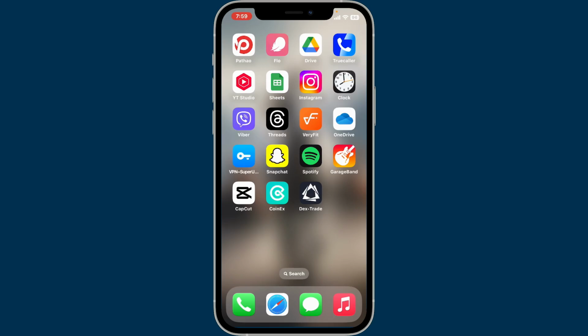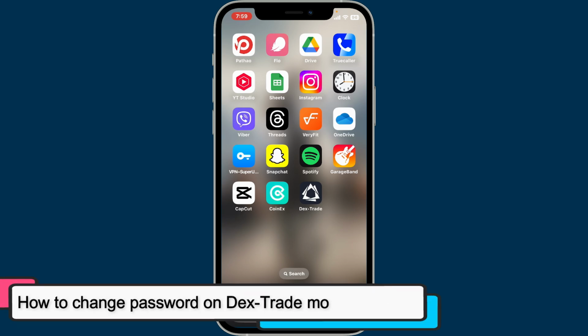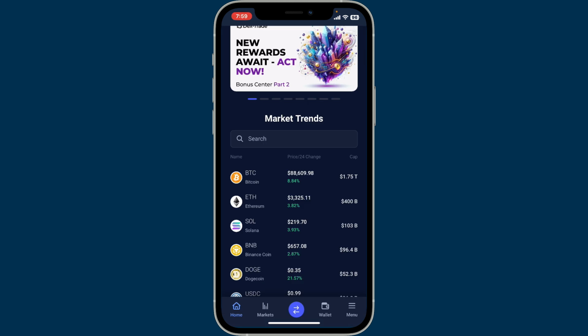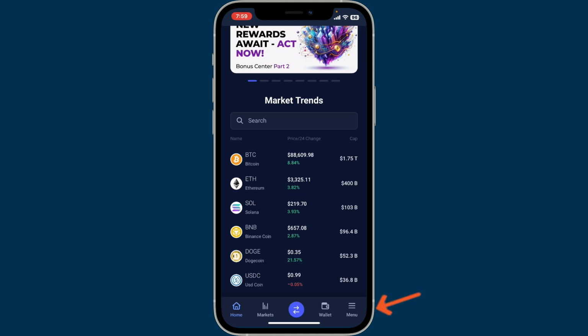In this video, I'm going to show you how to change password on your Dex Trade mobile application. To change your Dex Trade account's password, go ahead and open the Dex Trade application and make sure that you are logged in. After you are inside the home page of Dex Trade, tap on the menu button at the